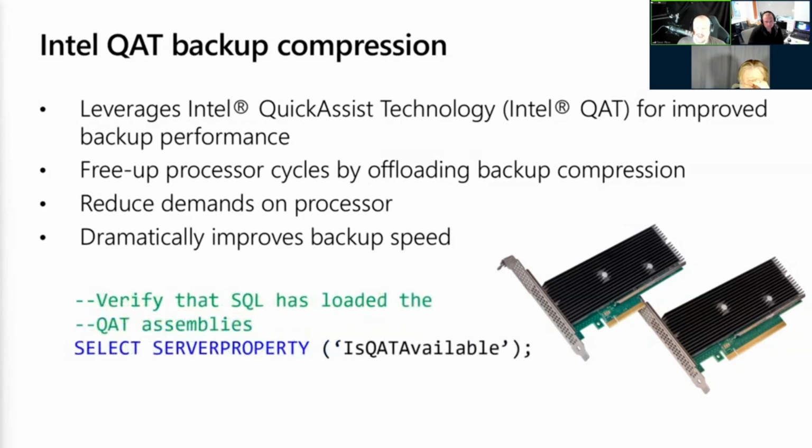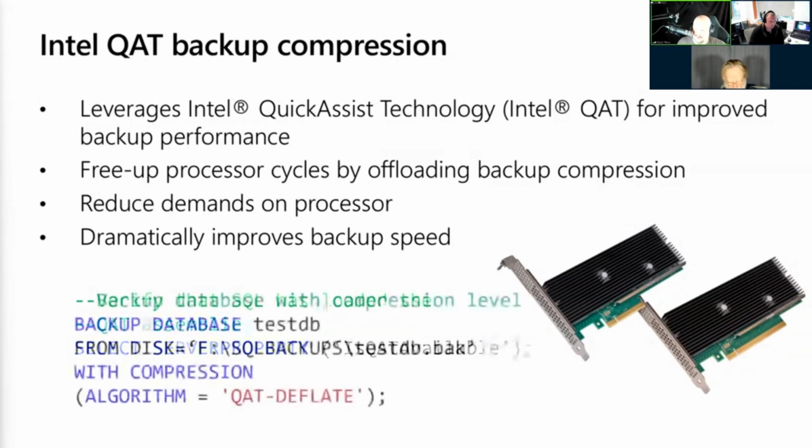Now, after a successful restart, you could then run the SELECT SERVERPROPERTY command to verify that the QAT assemblies have been loaded and are available for SQL Server 2022 to use. The output of this function is either going to be a 1 or a 0. 1 means it's been successfully enabled, 0 means it's not available. If the feature is not available, then you would, of course, go to your SQL or Windows log to troubleshoot, just to see why maybe the device drivers or the QAT software libraries weren't available. But that's just from a troubleshooting perspective.